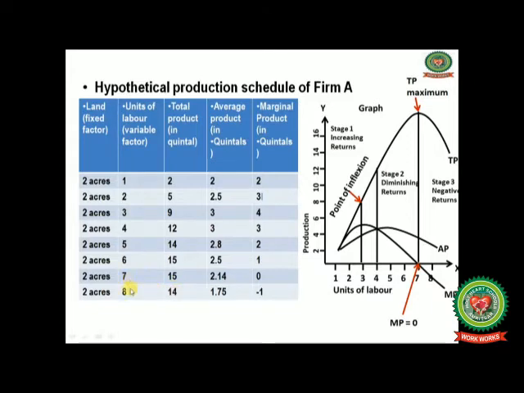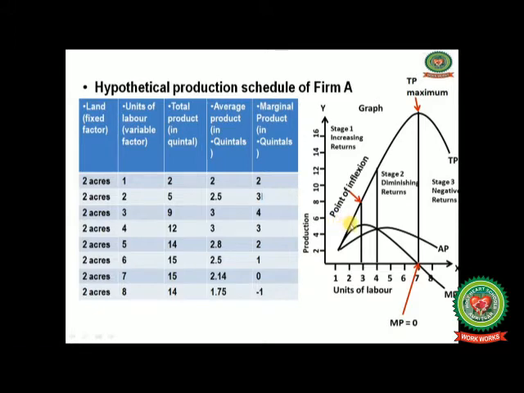After the 7th unit of labor, the total product starts declining, and at the 7th unit it remains constant. The average product will first increase till the 4th unit of labor, and after that it starts declining. That is the output given by each laborer, it starts declining. And the marginal product will first increase and then start decreasing, and a point will come when the additional output will be 0, and after that it will become negative.